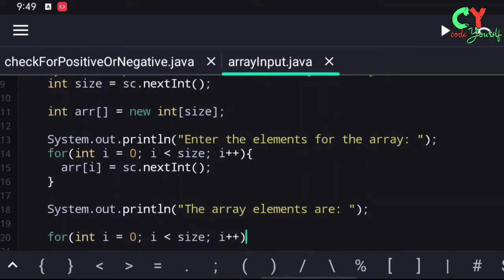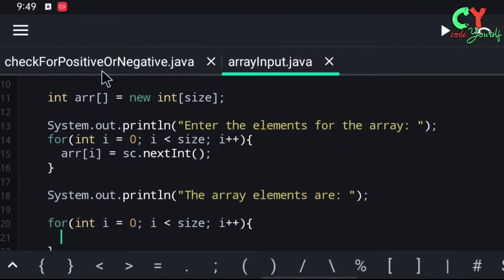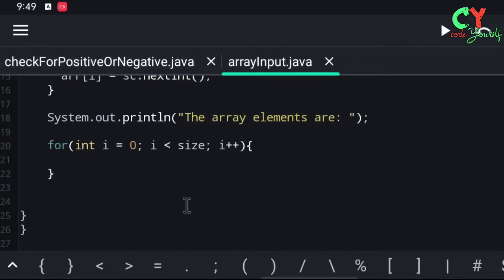Here I starts from 0 and goes up to less than size, with I plus plus. Here I will use system.out.println to display the elements. We know to display on the screen we use the system.out.println function on arr of I. Next, semicolon. The code is completed.